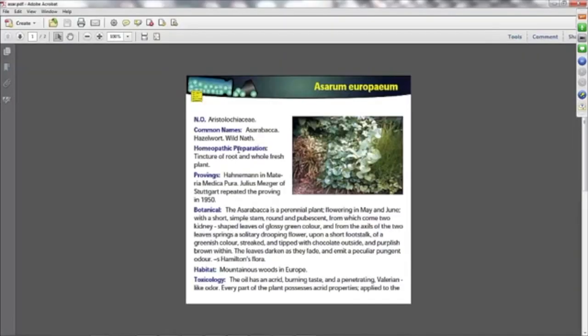The next item is called Substance Information, and if I left click on that, it's going to open up this little PDF document, and it's going to give me some information specifically about Asarum europaeum. Now, this is not Materia Medica information. This is information about the substance itself. For example, its common name, the botanical family in which it's located. It's the Aristolochiaceae family. It'll give me some homeopathic preparation, how it's actually prepared, proving information, botanical information, habitat, toxicology,